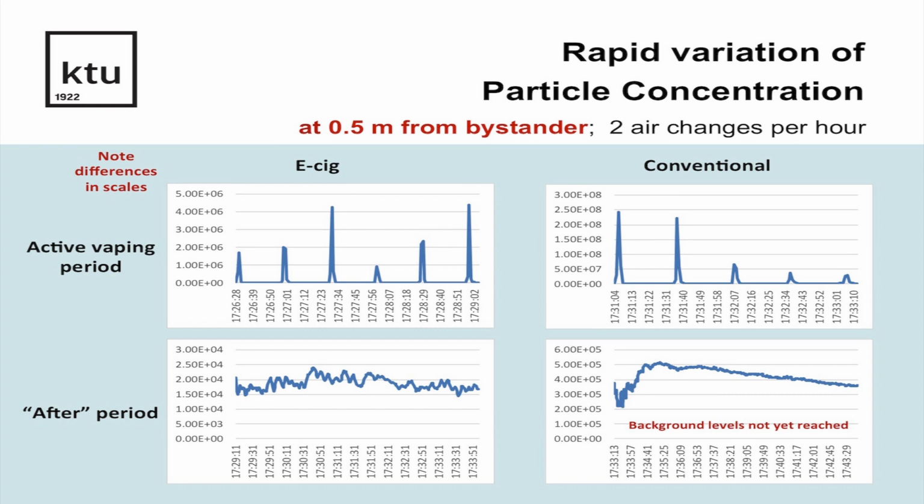There is a difference in concentration. So you see that the concentration of particles is 10 to the 6 in case of e-cigarettes, and it goes up to 10 to the 8 in case of conventional cigarettes. These are number of particles. We counted not the mass, but each particle. And so there is not so much difference, but then there is after puffing period where the puffing is over,